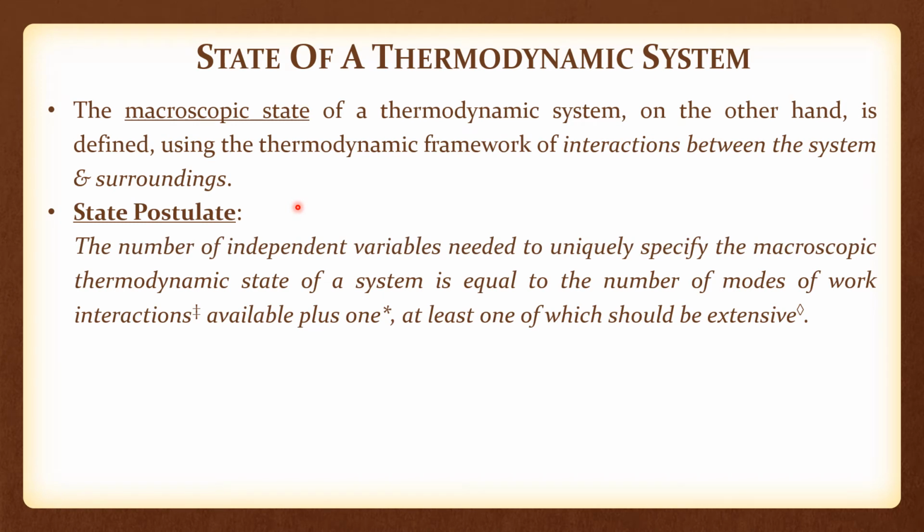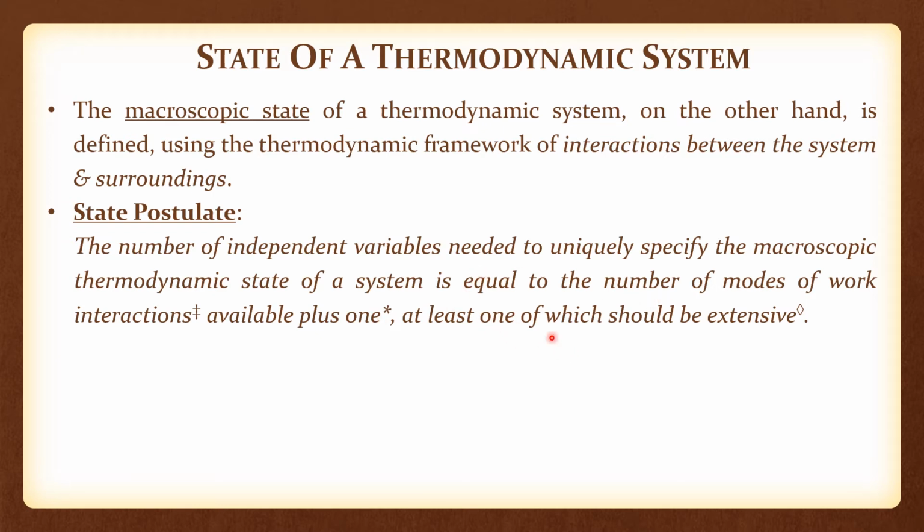So now we present what is often termed a state postulate. The number of independent variables needed to uniquely specify or define the macroscopic thermodynamic state of a system is equal to the number of work interactions available which come from the boundaries. Remember, we have heat interactions and work interactions, right? The number of modes of work interactions, we looked at 2 modes at least. One is a moving boundary mode and the other was the exchange of species mode, right? So similarly, however many modes of work interactions are available, plus 1, and this 1 is for heat interactions,